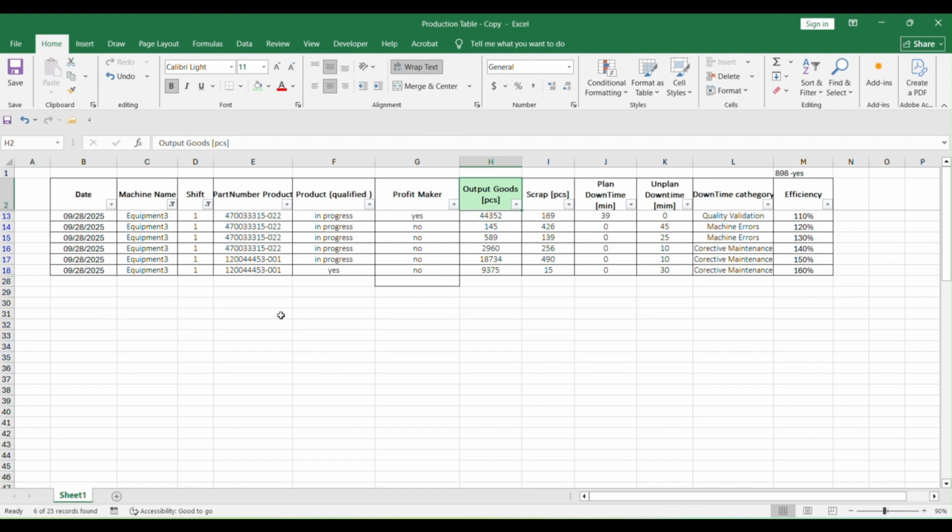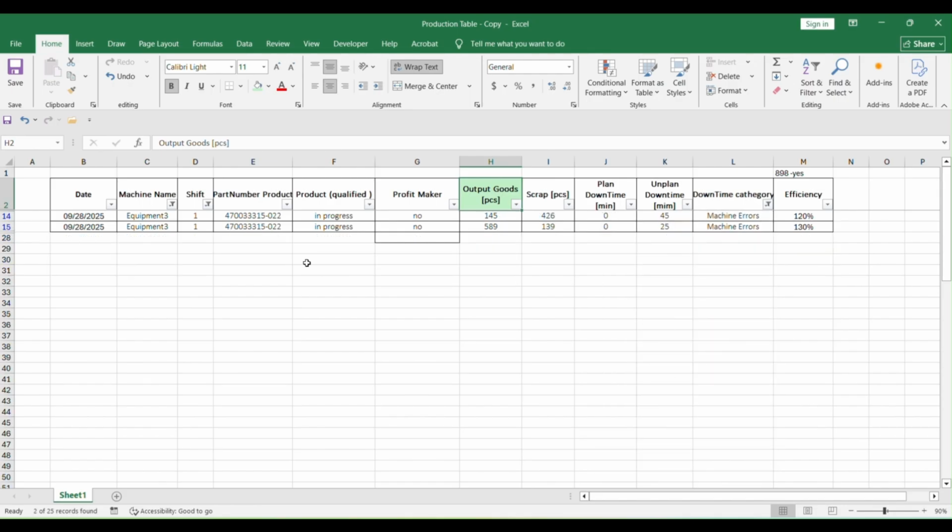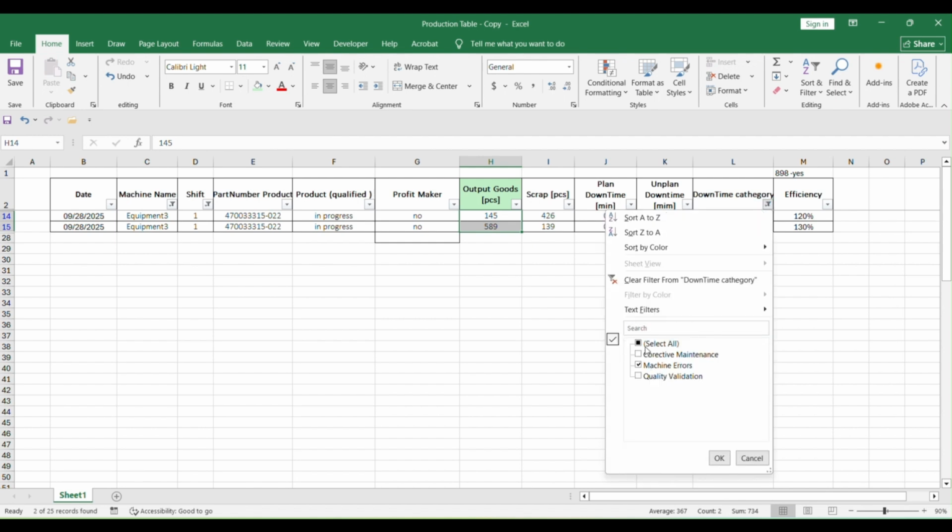And then I would like to filter by downtime category, let's say machine errors. All these filters are true because they all will show me the final result, like 734 units.